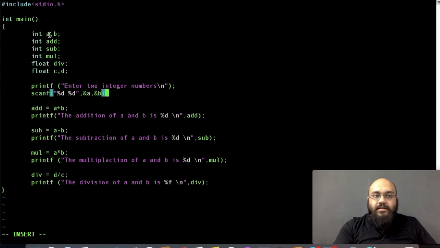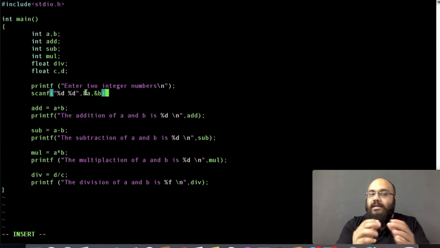This is very useful, that this value of a can change. Whatever the user will input in this value, it will change. To accept it, this is the syntax. Remember I told you what a syntax is. Syntax are rules that we need to follow. This %d tells us that it is going to be an integer value. Okay, this a is an integer variable, so the value is integer, the variable name is integer. This ampersand sign is important to accept an integer value.